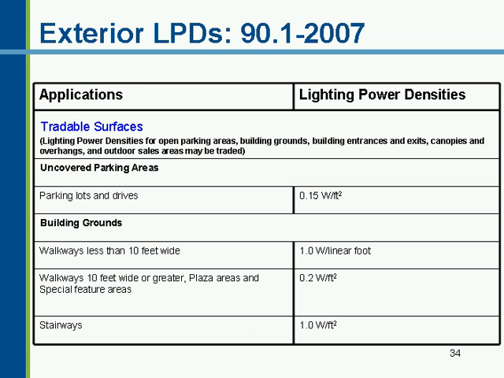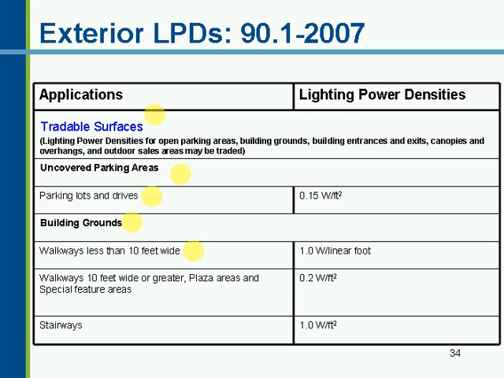Let's look at the actual lighting power density allowances. First, let's start off with tradable surfaces, and I'll go over these in a little bit of detail so you can understand what they actually are. These, again, are tradable surfaces. You can trade this wattage within any of these applications. Parking lots and drives under uncovered parking areas, you have an allowance for those. These are uncovered parking areas. Remember that if you have an enclosed or covered parking lot, that's covered in the interior table, not in the exterior table. For building grounds, there are several applications.